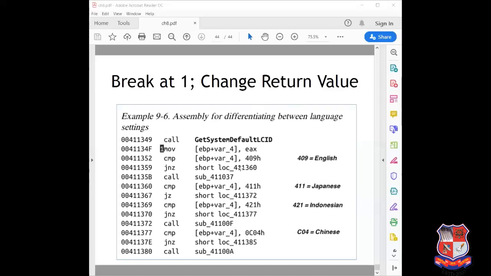Here in this chapter, I would like to conclude: debugging is a very critical process, and the debugger is a critical tool for obtaining information about a malicious program that would be difficult to obtain through disassembly alone. That's why both debugging and disassembly are important in malware analysis.